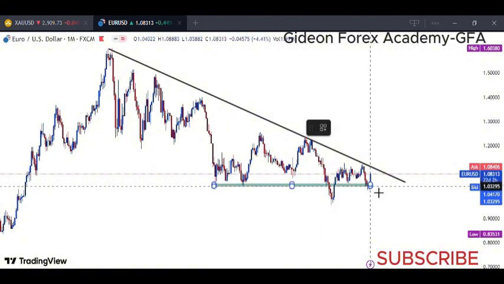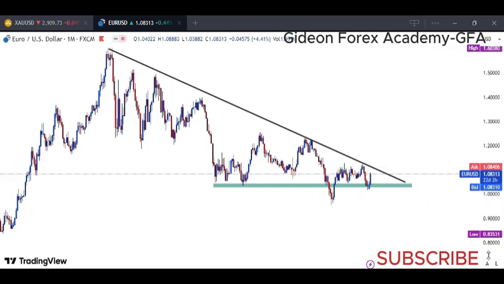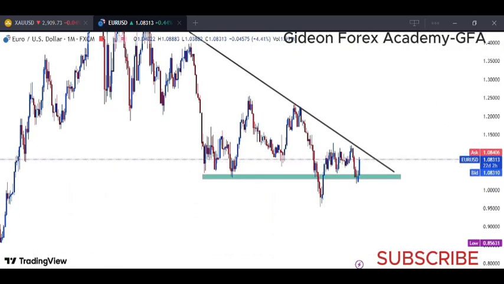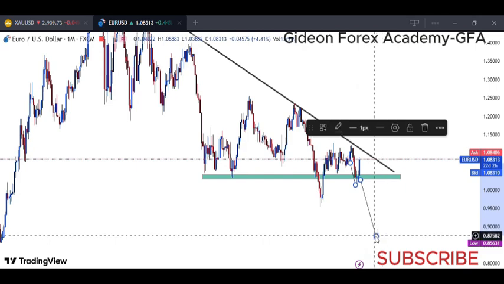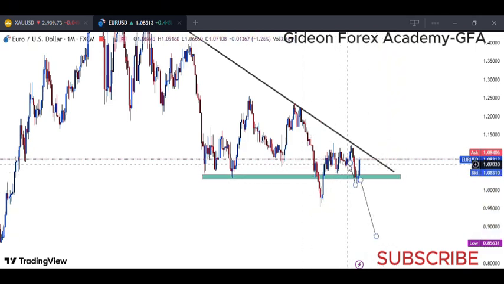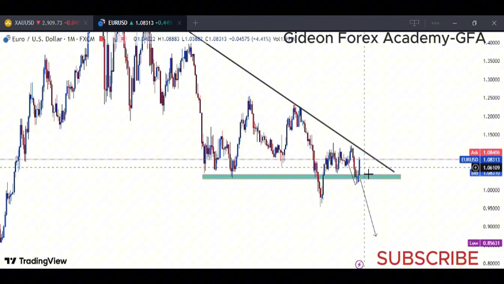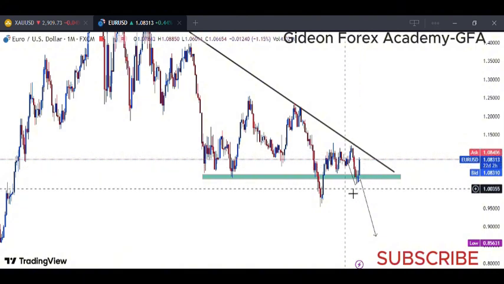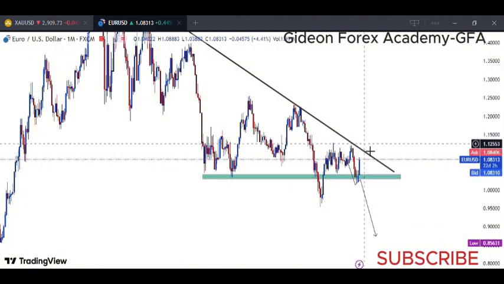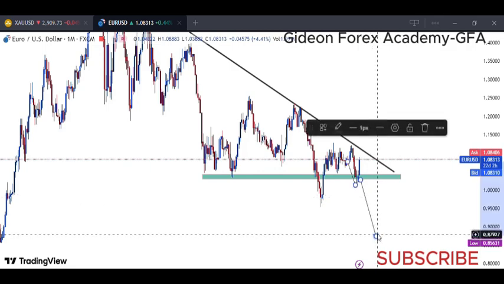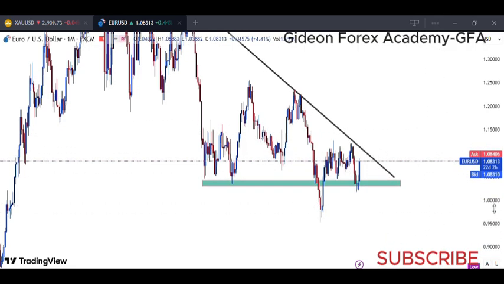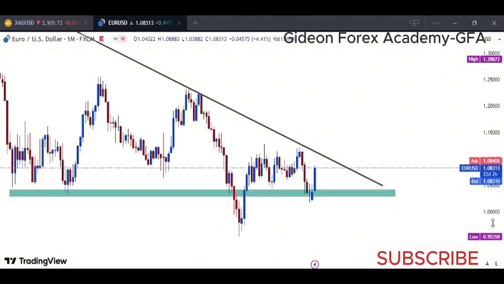There's a support level here, and last week we were anticipating that the dollar would strengthen. So when that break below happened, most traders were anticipating this kind of scenario to happen, but that did not happen. Why? Because the dollar weakened, and we saw that rise in the Euro USD asset price, all back to this point. So this coming week, we are looking at buying the Euro US dollar back to this point here.